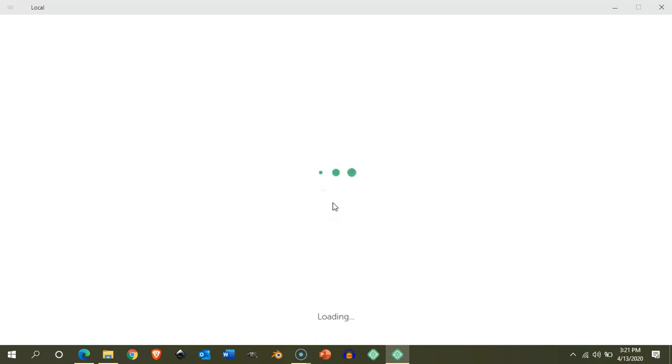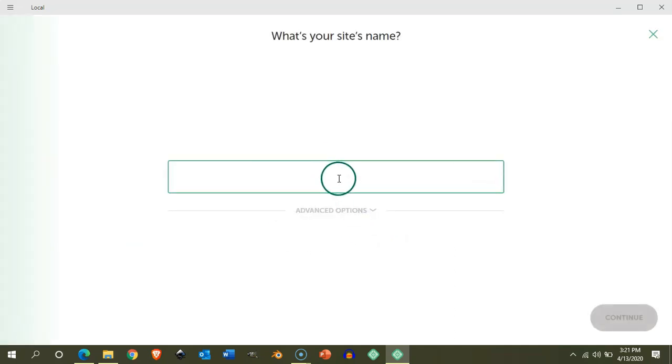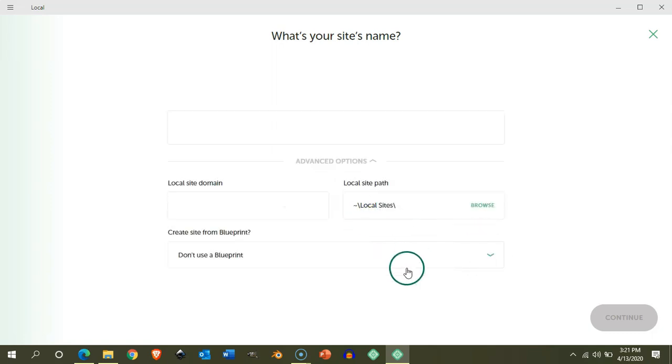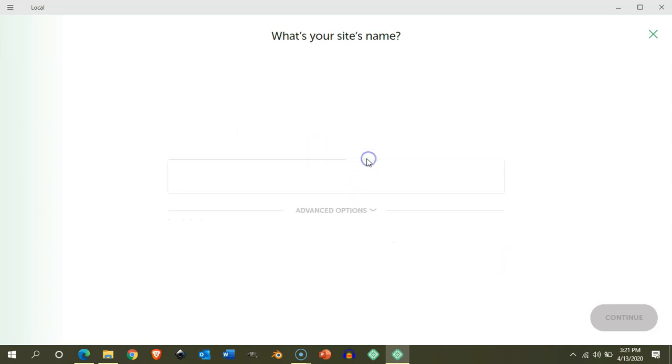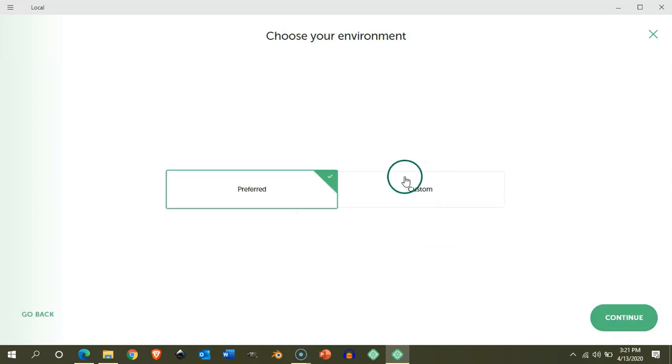When you start the software for the first time, it takes a little bit of time to load up. Here you can click on the Create a New Site to install WordPress. To start, you need to give a name to your WordPress website. I'll go ahead and give it a name for my demo website. Once you give a name, click on Continue